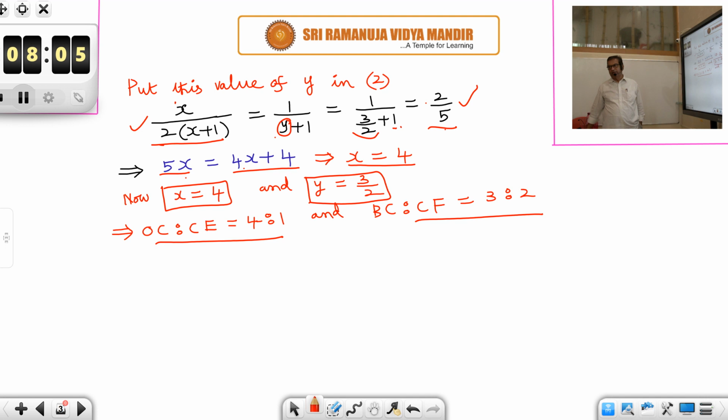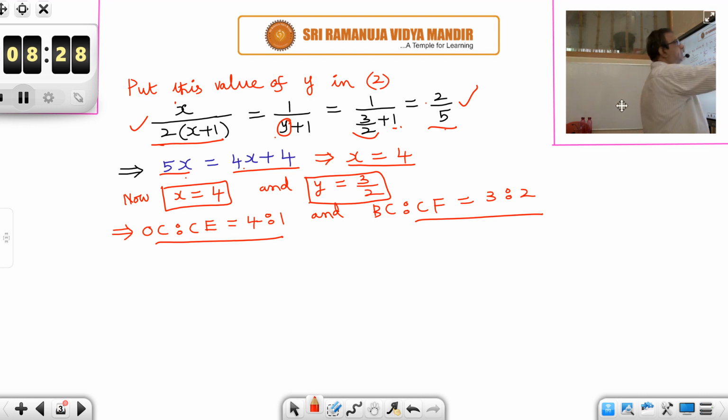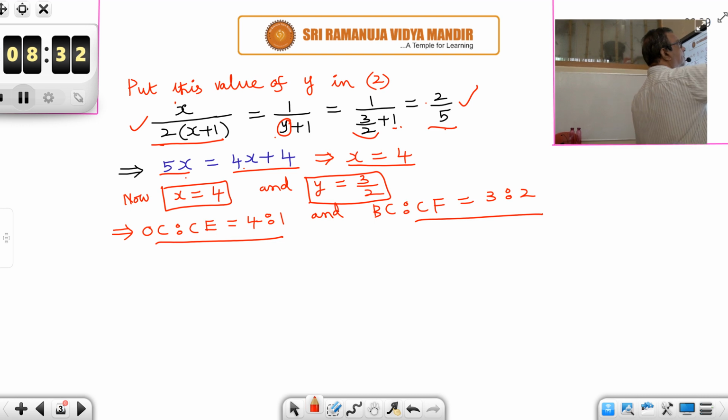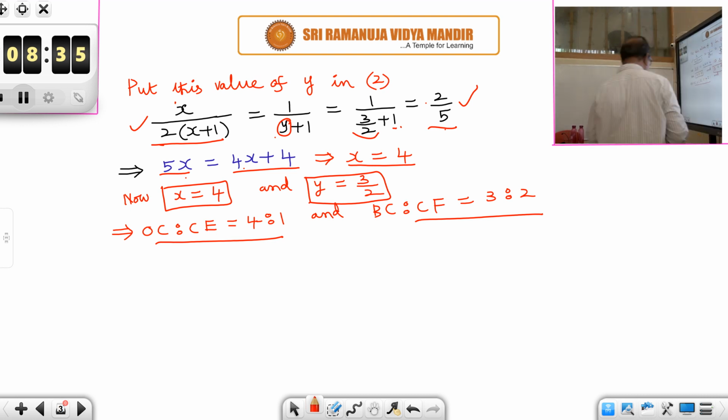So this is an important model. For a point, you will get the position vector in two different ways. Equate those two, and equate the coefficients of a bar, b bar, and you can get the answer. So this type of problems are very important. They are being asked in the mains and advanced paper also. Sometimes they ask these models. Okay, let us see the next problem.